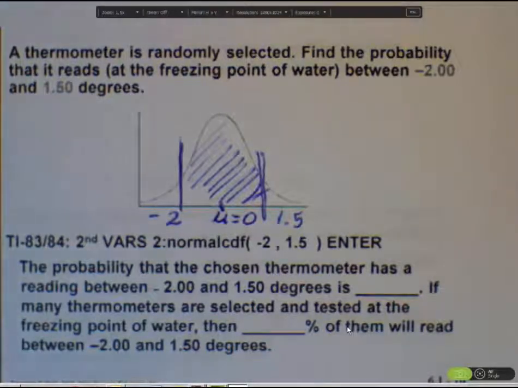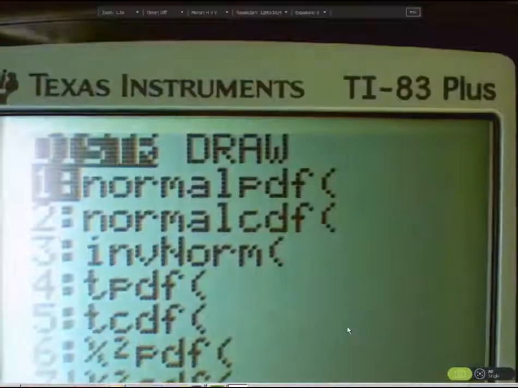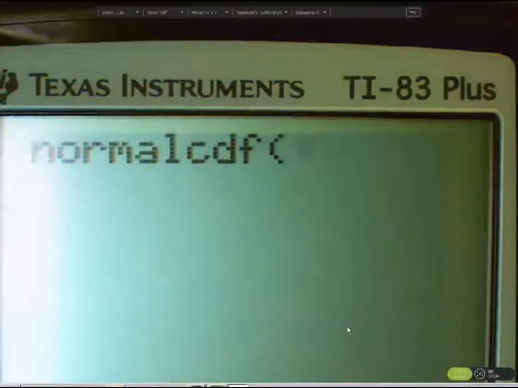and second VARS, choose number 2, normal CDF, and then simply enter that left boundary and right boundary that I was given. I want the probability that the reading is between -2 and 1.5. My comma is right over the number 7. I need to use -2, comma, 1.5,